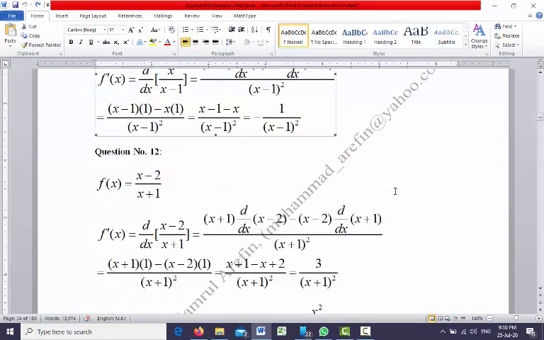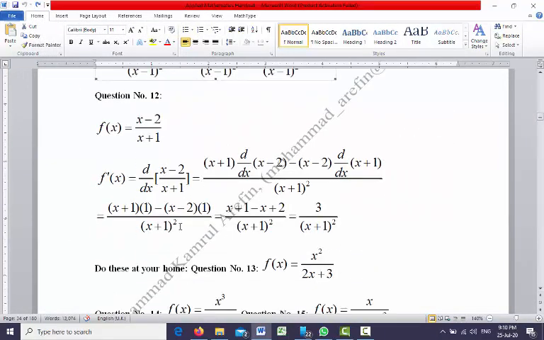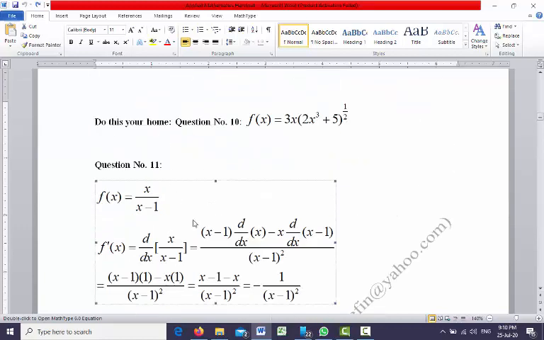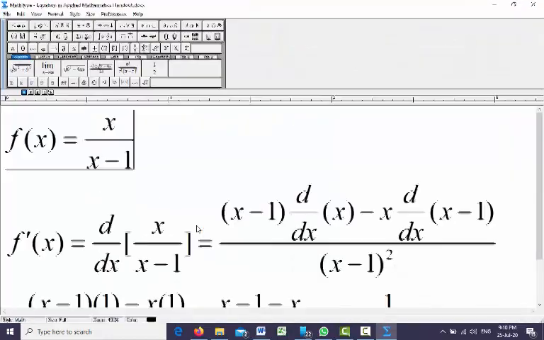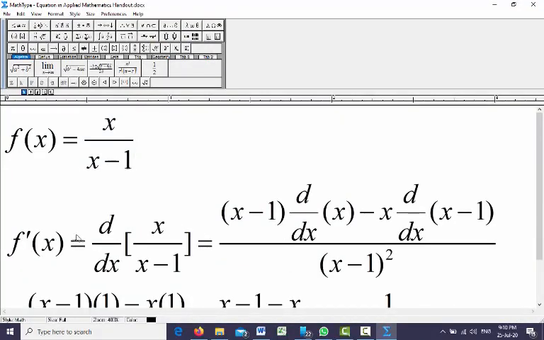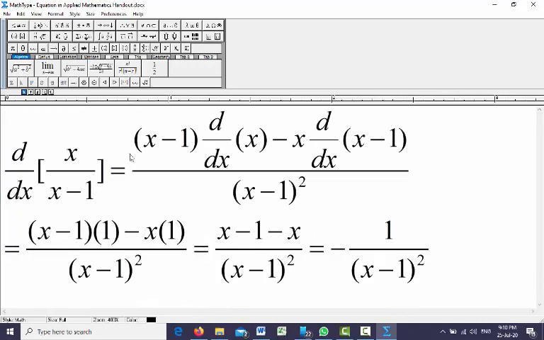Similarly, you can do question number 12 either using multiplication rule. Initially I have shown you how to do this kind of problem using the simple multiplication rule. Now we will study how to do this problem using the division rule. So now we will study the same problem we can do. We have now learned, we have seen that